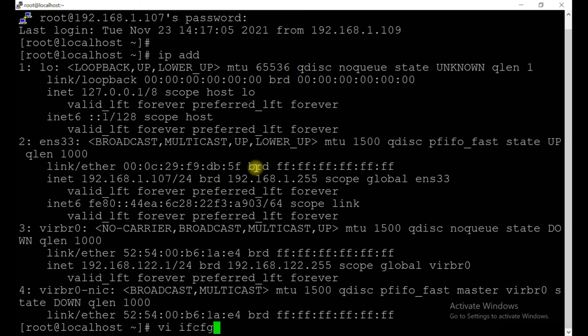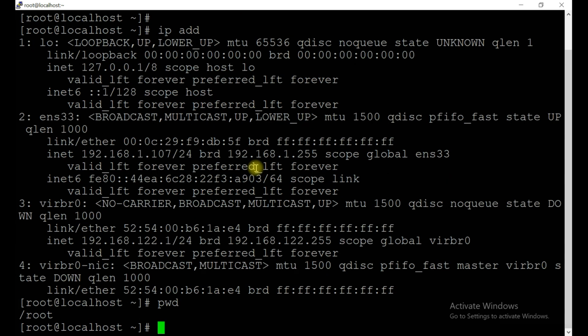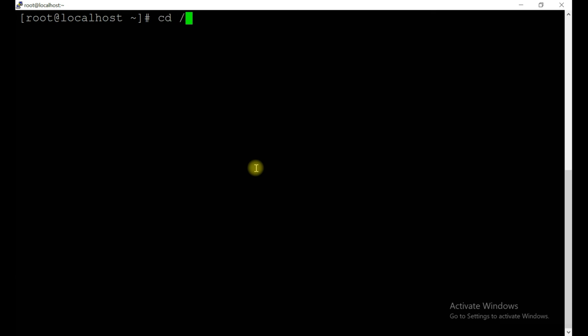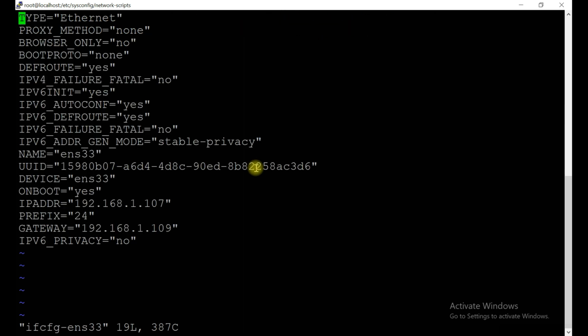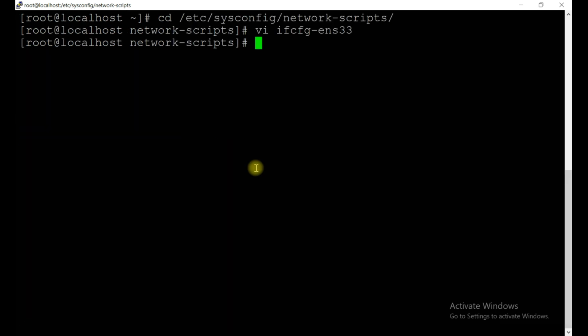ifcfg. Okay, first you need to see where you are, pwd. Okay, you need to go to /etc/sysconfig/network-scripts and vi ifcfg-en, that's the interface name, and change the IP address. Okay, replace it with 5. Save it and